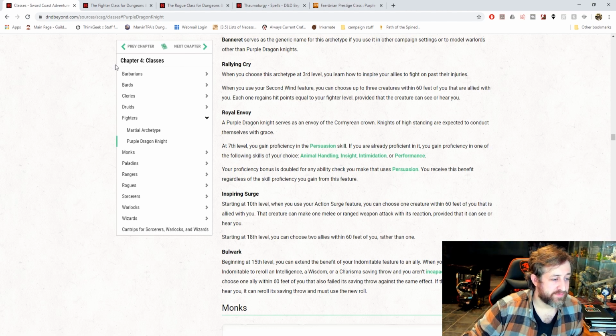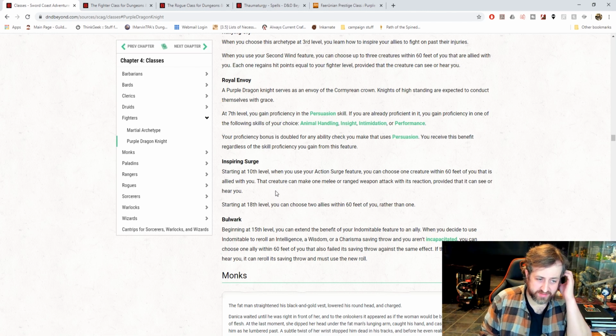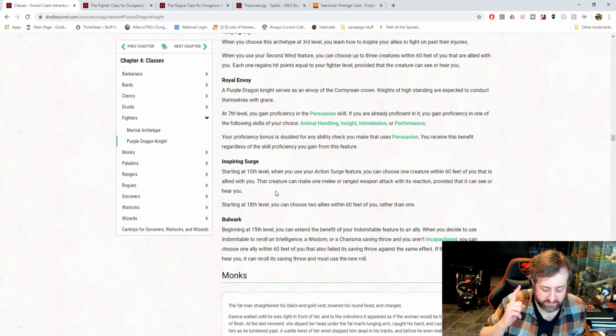Inspiring Surge, the 10th level ability here, sorry. When you use your action surge feature, you can choose one creature within 60 feet of you that's allied with you. That creature can make one melee or ranged weapon attack with its reaction, provided it can see or hear you. What I'm going to do is keep the majority of that, but what it's going to say is